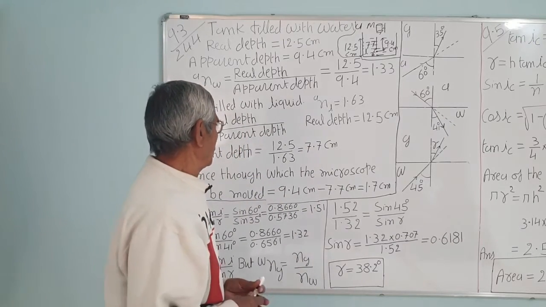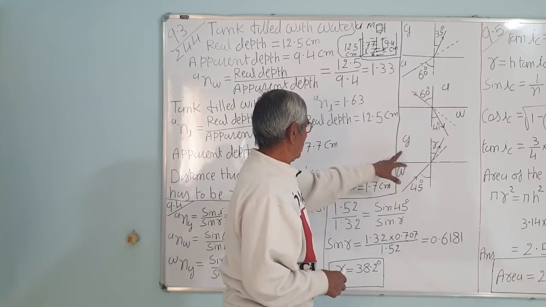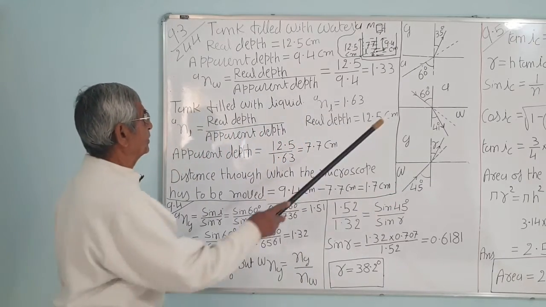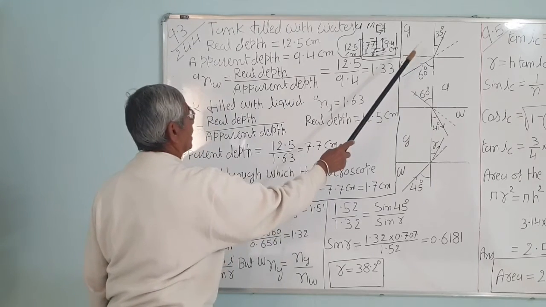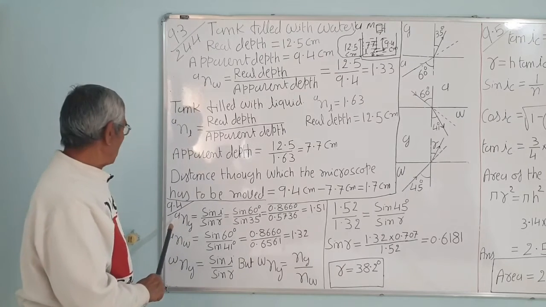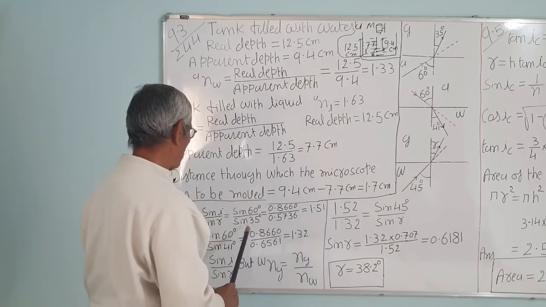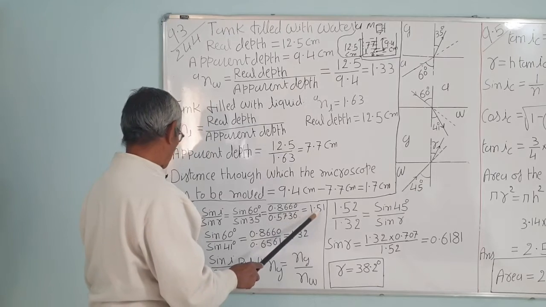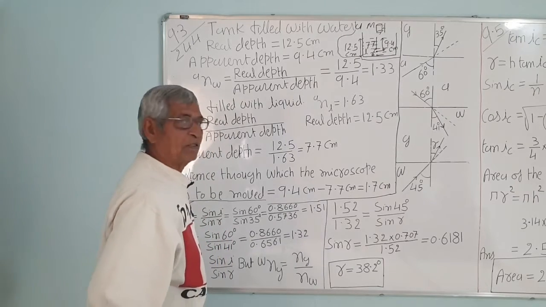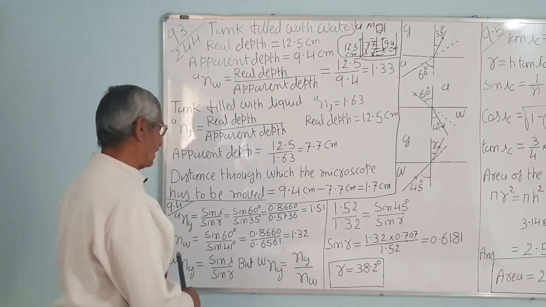Correct? So we will first calculate the refractive index of the glass with respect to water. From this equation we can get the refractive index of the glass with respect to air, that is n of A and G is equal to sin i upon sin r. Sin i is 60 and r is 35. That comes about 1.5. This is ordinary glass, you know. Ordinary glass has 1.5. If it is flint glass, then it is 1.6. Diamond is 2.42. Diamond has the highest refractive index.